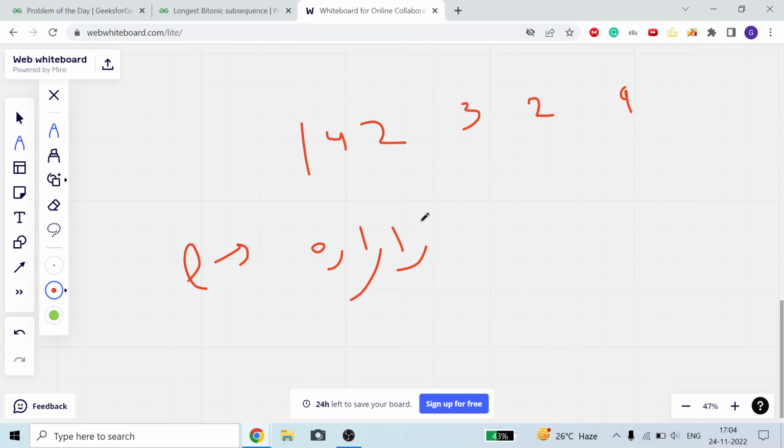So what is this? 1 for 3, 3 and 2, we are currently at 2, and we will run an n square loop. Like for 3 we will check all the left elements, for 2 we will check all the left, for 9 all the left. So this is the n square approach. So for 2, 1 plus 1, that is 2. Now can 4 come on the left side of 3? No, it is not possible, so we will not check for 4.